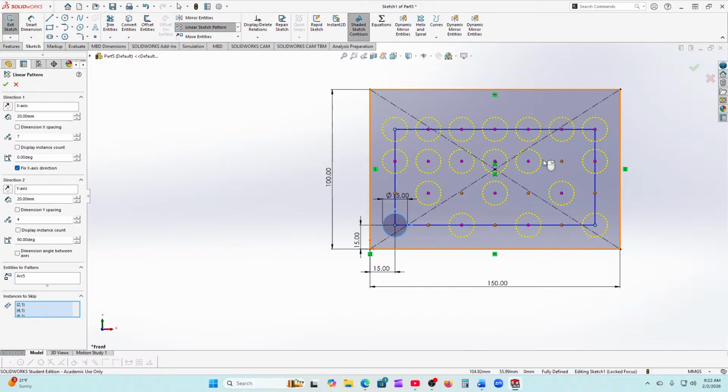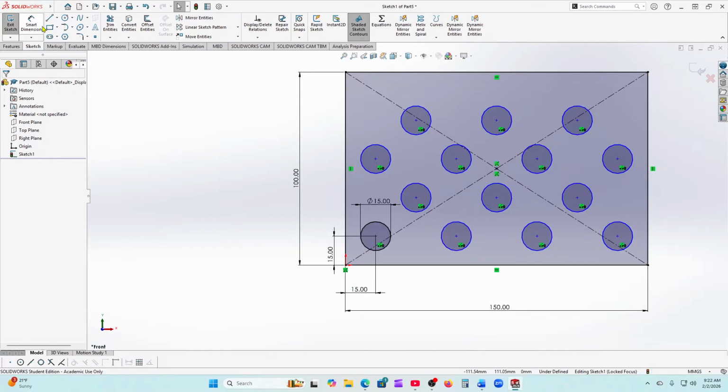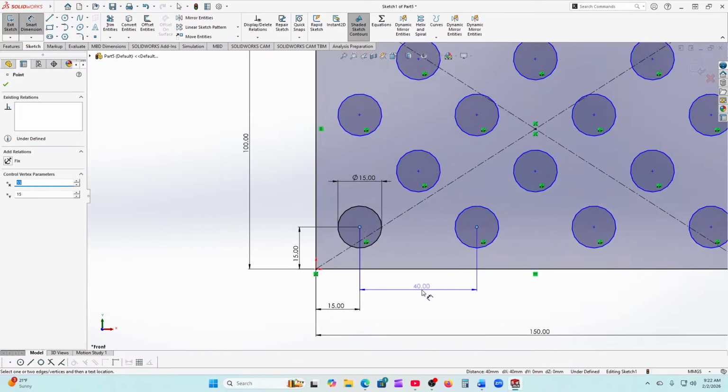Out of here. And let's see here. Get rid of that one. We're going to get rid of that one. Keep that one, and we want to get rid of that one, so we can kind of change this up. We can keep whatever we want in there or get rid of whatever we want, but we have all of these in here. And then in order to make this fully defined, we are going to actually have to dimension